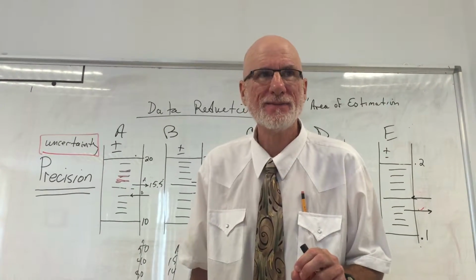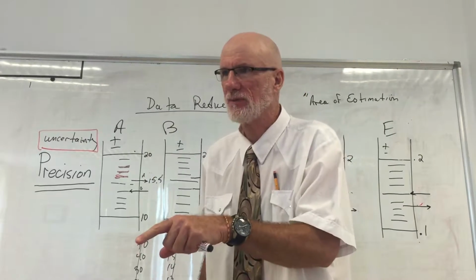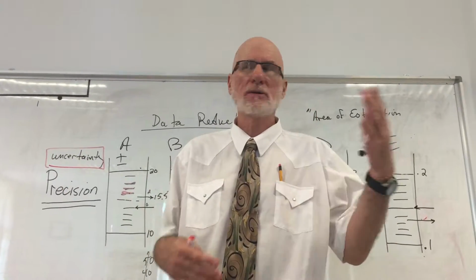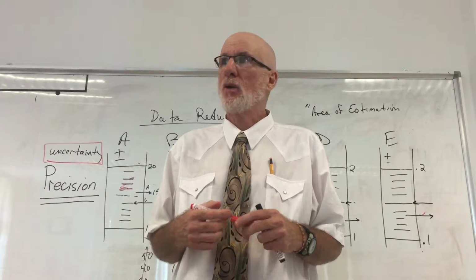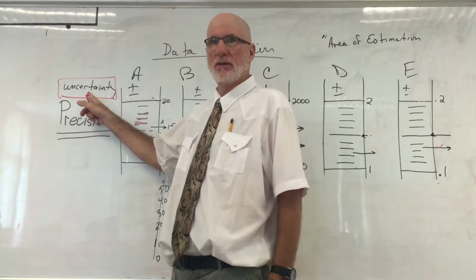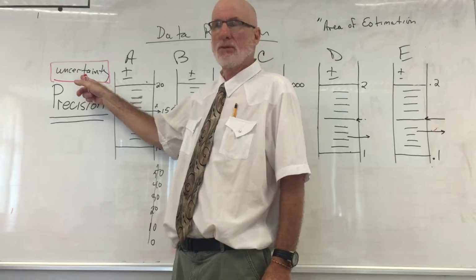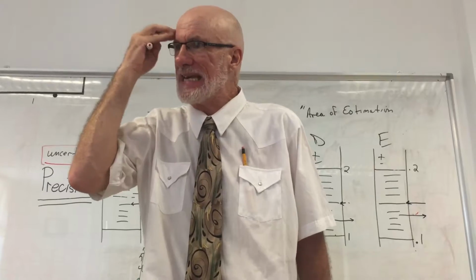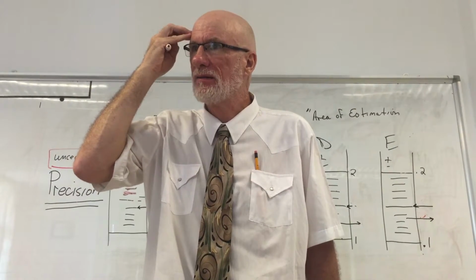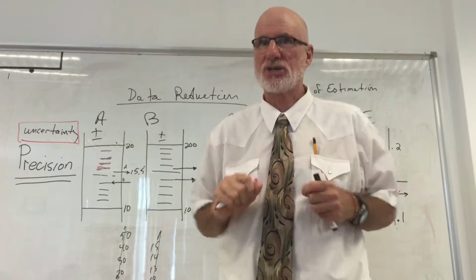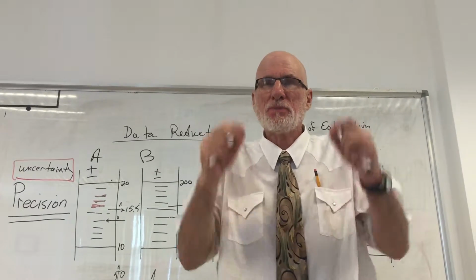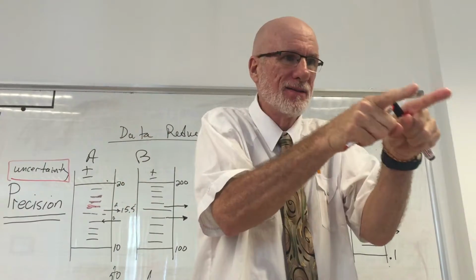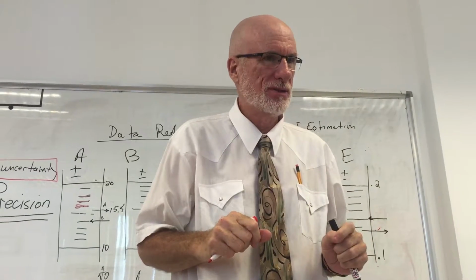Do you know what you call that? It's the precision. International Baccalaureate chemistry books, American science books, they often use the word uncertainty. They'll also use precision, but that's what precision is. Precision is a number. It's not just an idea. We'll talk about the idea of precision, but precision is actually a number.